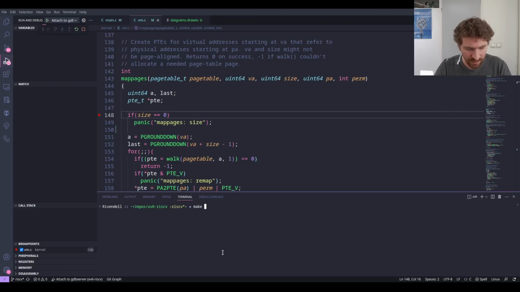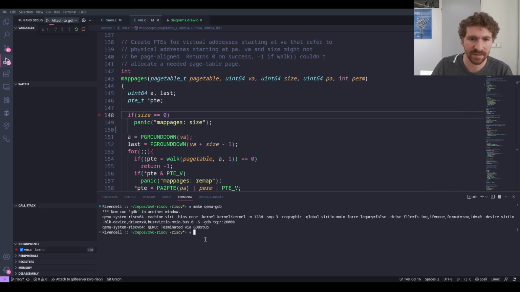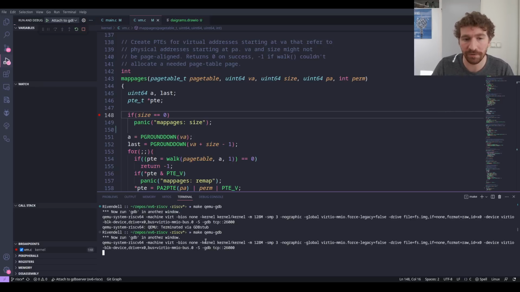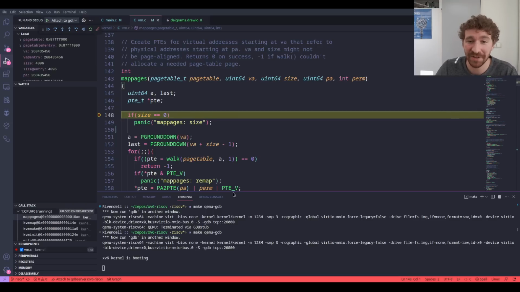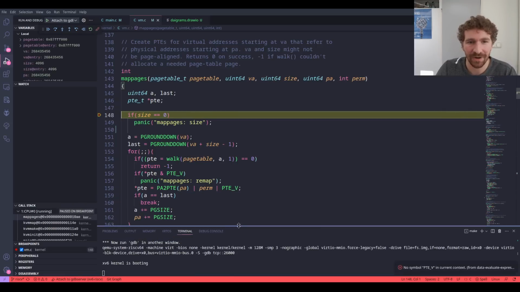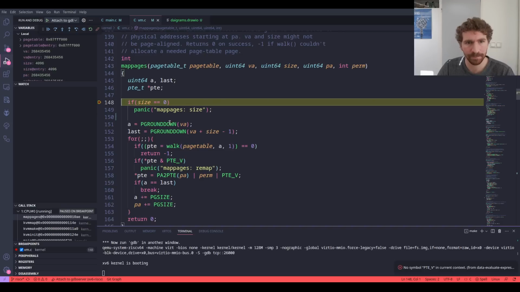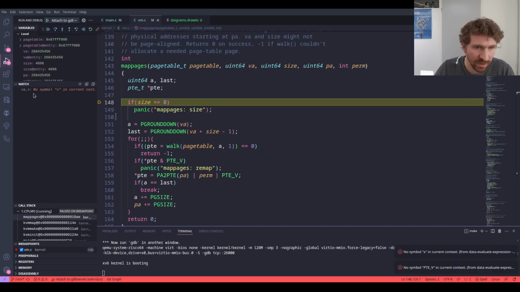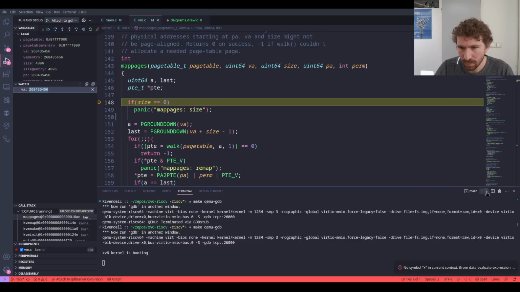I'm going to run make qemu-gdb. And that for some reason doesn't work the first time. You have to run it twice. I don't know why. But then we actually are now inside the debugger. So let's take a look, right? If we add VA here, and we try, unfortunately that doesn't work. Okay, so we've got this value here, copy value, and let's just have something open here